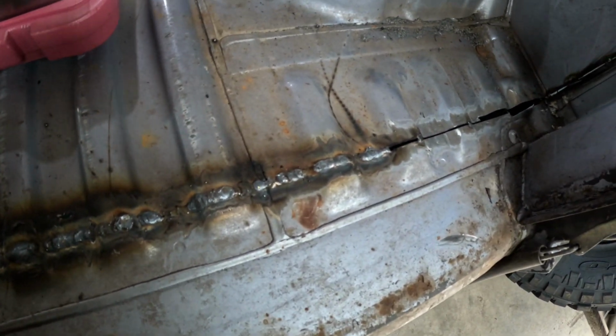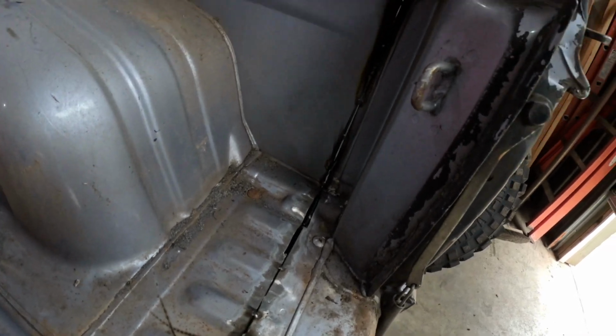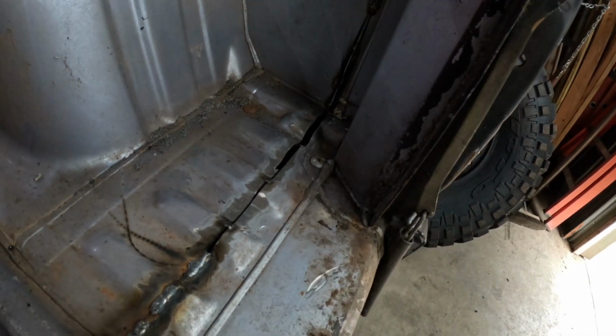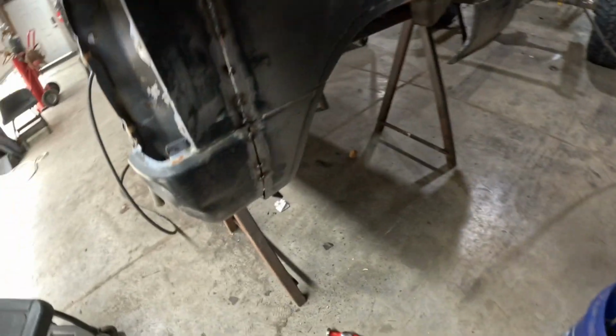The undercoating, the paint on the underside lights on fire every time you hit a tack, so it's been kind of a pain, you gotta keep blowing the fire out. And anyway, not the prettiest thing in the world, but